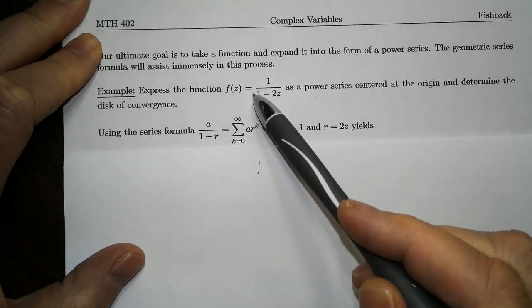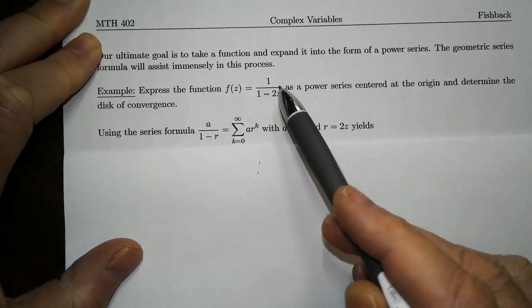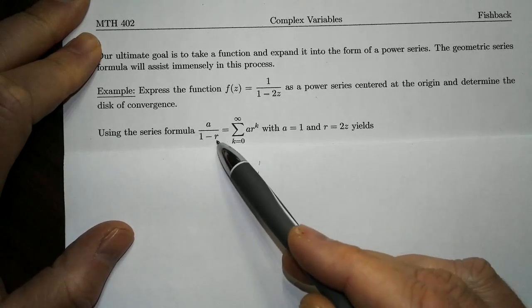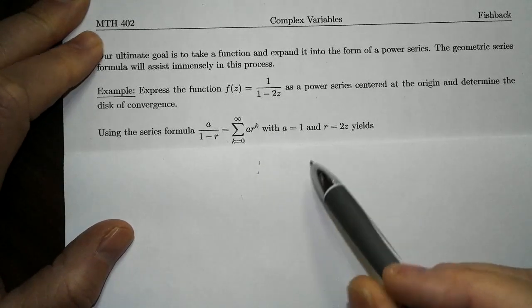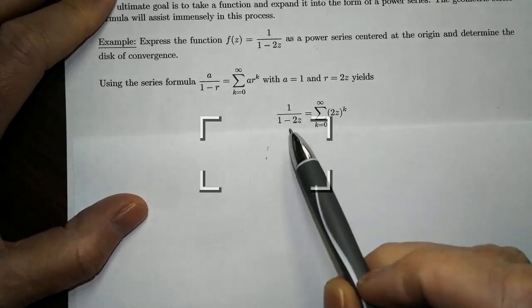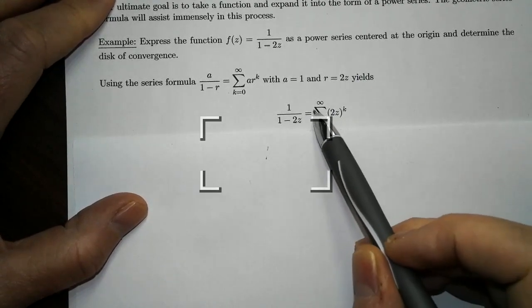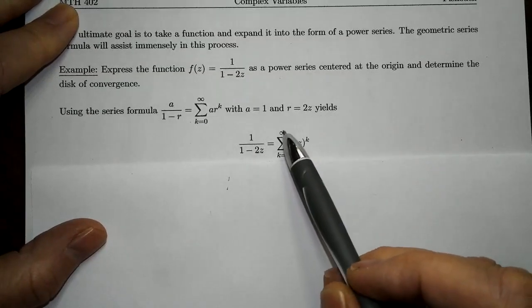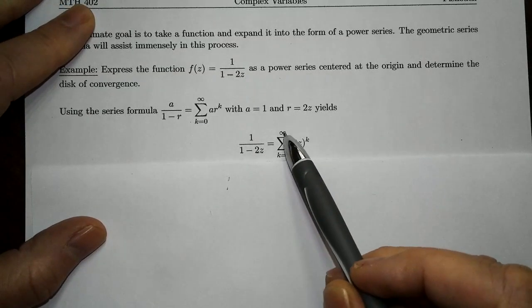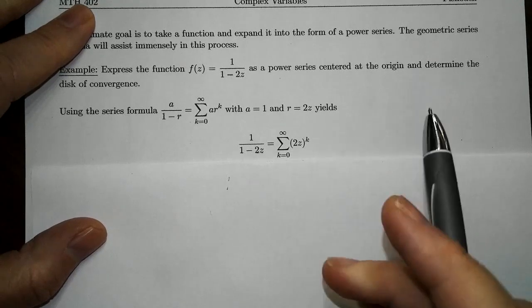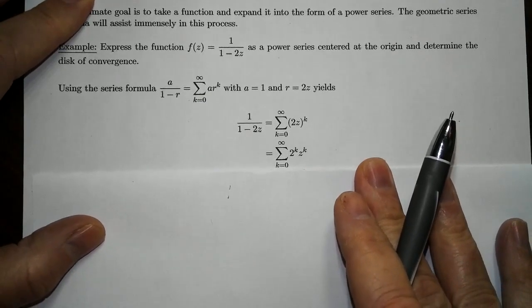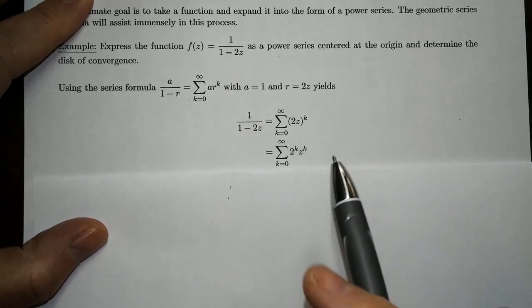So we're going to take this function, identify a with 1, and identify r with 2z. If we substitute 2z in, we get 1 over 1 minus 2z equals the sum from k equals 0 to infinity of 2z raised to the kth power. And I can simplify that just a little bit to be the infinite series of 2 to the k times